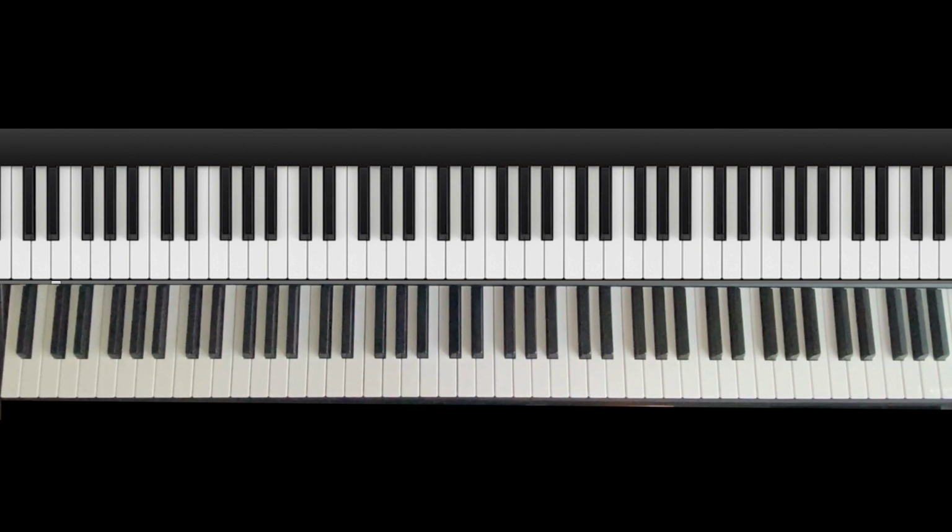And when we're looking at modes, you would hear that come into play as well. But there are different songs that you'll hear this in as well. So something like